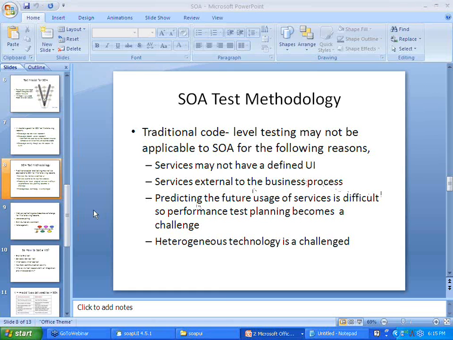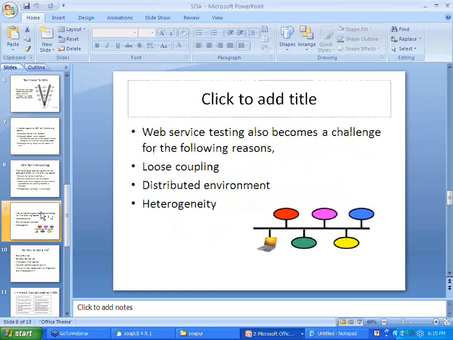Okay, now proceeding forward. For a SOA that has a lot of web services, web service testing becomes very challenging because they are loosely coupled. You will think that okay, component A is working, so components B and C will work. Not necessarily. That is applicable to SDLC type projects but not to SOA projects, because like I said, the problem of one component will not affect another component, as they are all loosely coupled.